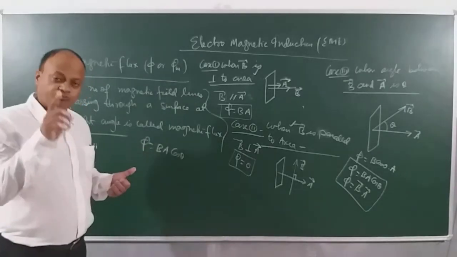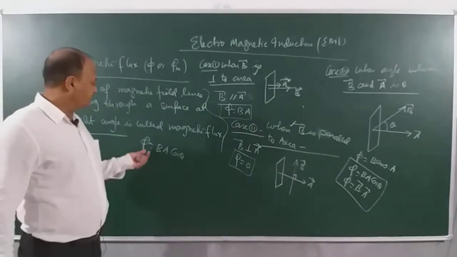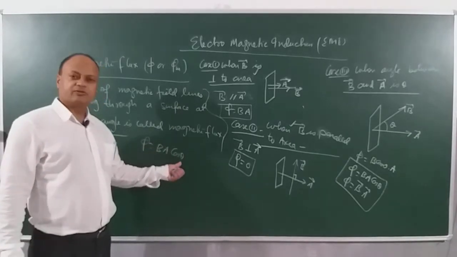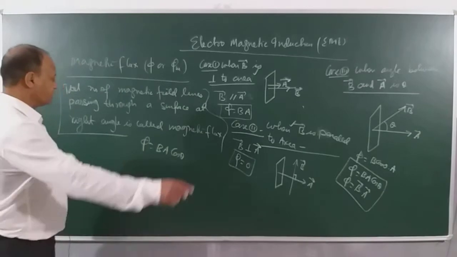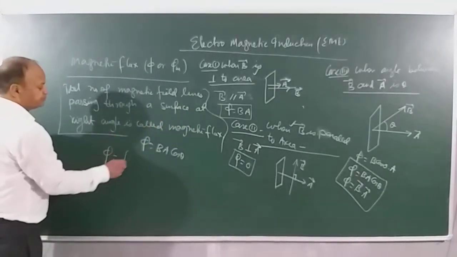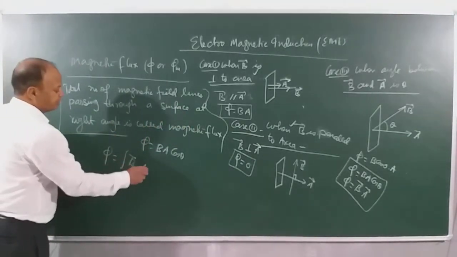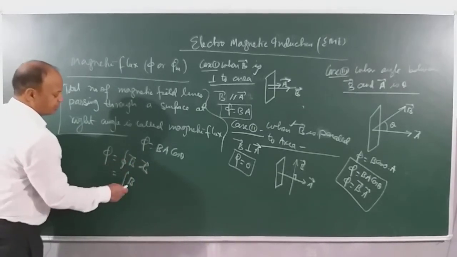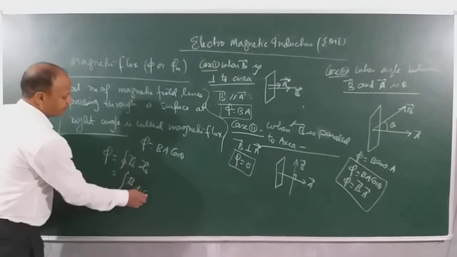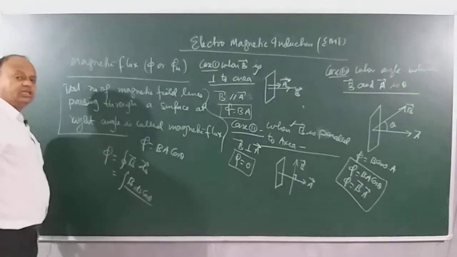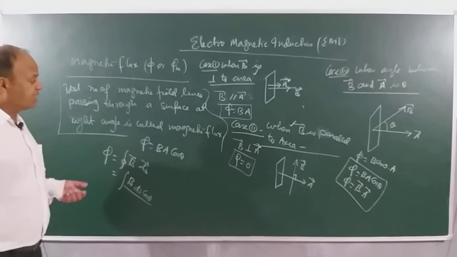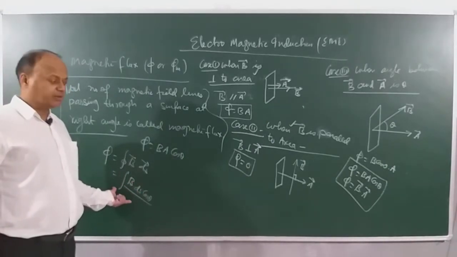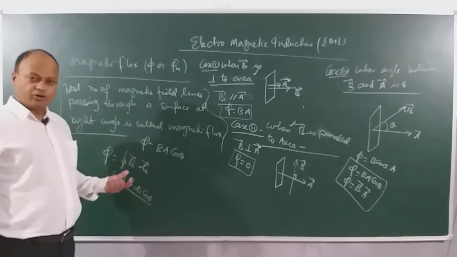All these 3 can be changed, and accordingly we can have a variation in the value of magnetic flux. So remember, if I want to change magnetic flux, I can change B, or I can change A, and I can change theta. And if I use the surface integral of magnetic field, then phi will be equal to B dot ds, or for the given surface, we can write B ds cos theta. Either way we can calculate the magnetic flux associated with the given surface. This formula, which I have done in Gauss theorem, is basically an extension of Gauss theorem, right?